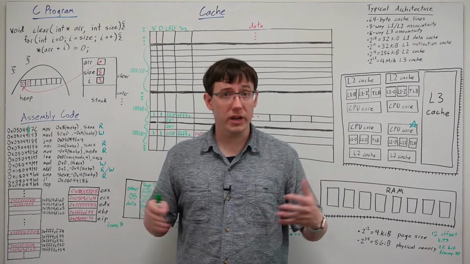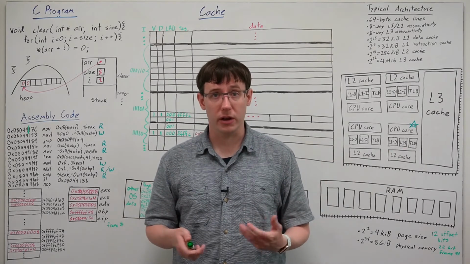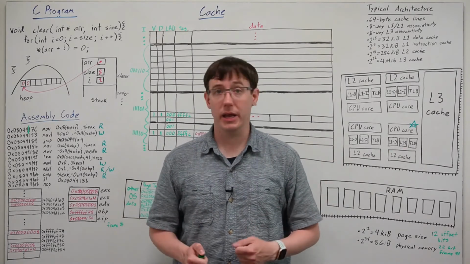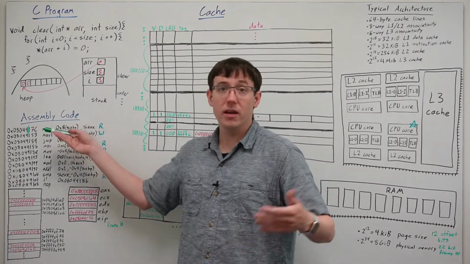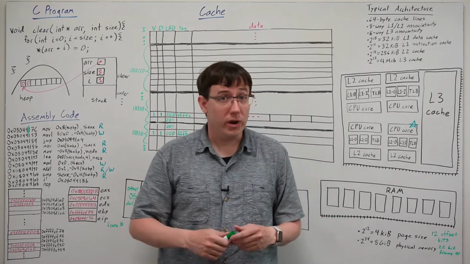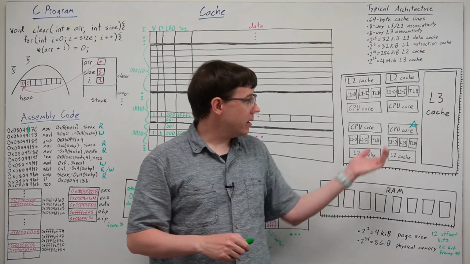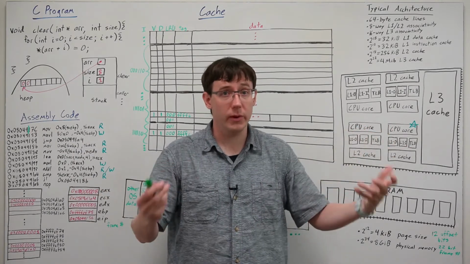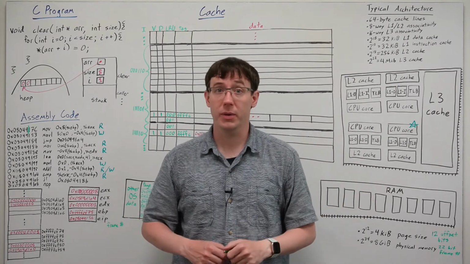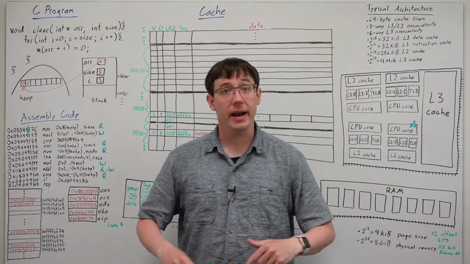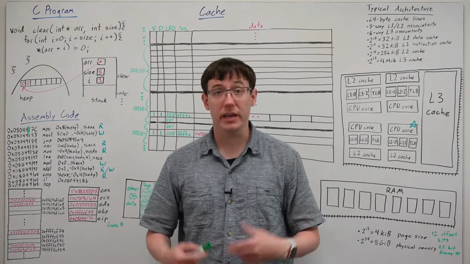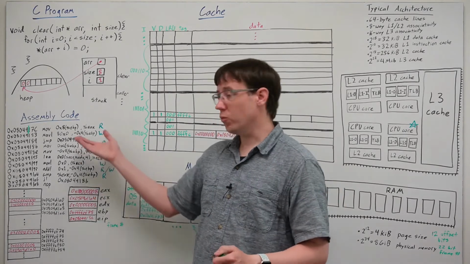We're not going to go into any further depth on instruction caching. We've been focusing primarily on data caching, but it's important to note that every time we fetch an instruction, we are reading from memory, and the cache is helping to accelerate those reads just like it's helping us accelerate accesses to our data. So now let's dive deep on how the memory hierarchy is interacting when we read and write